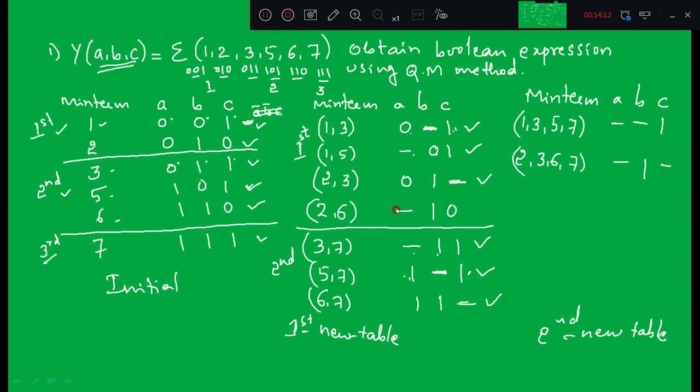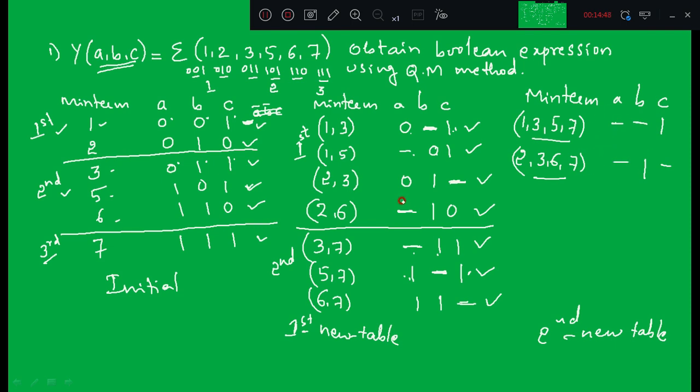Next, dash is at first position and here you have a dash at first position. So 2 3 6 7, are they getting differed? Yes, C is getting differed by 1. 2 3 6 7 you already wrote, no need to write again. So now I have found a final table, which is my second new table, in which two combinations of minterms have not received any check mark because you do not have any group that needs to be compared with this group. So this is my final table.